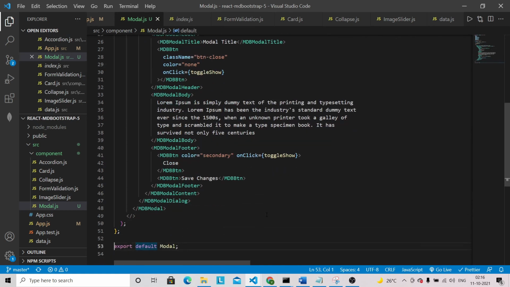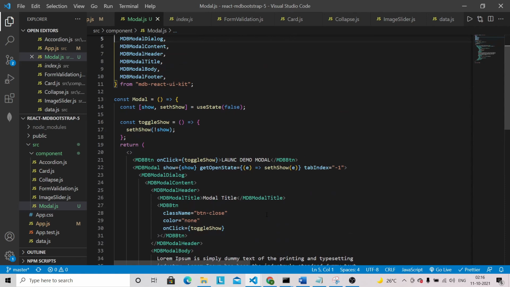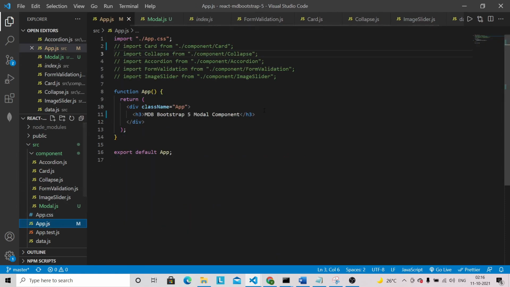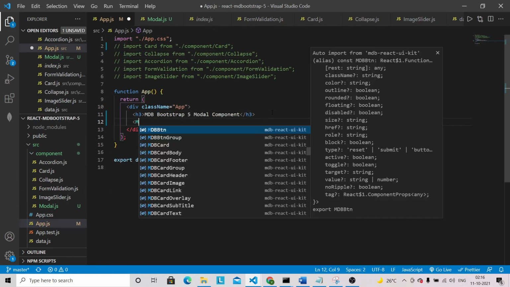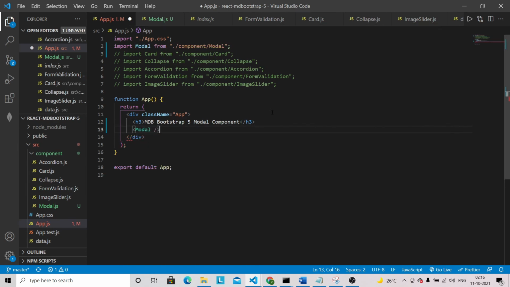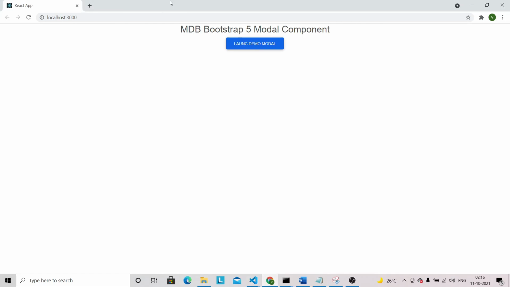So we are almost done with this component, and let's go into the app.js file and bring that modal component. VS Code automatically imports that component, and let's go into the browser to see whether it's working or not. Let's refresh this one.